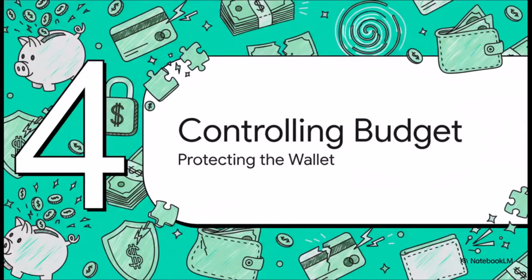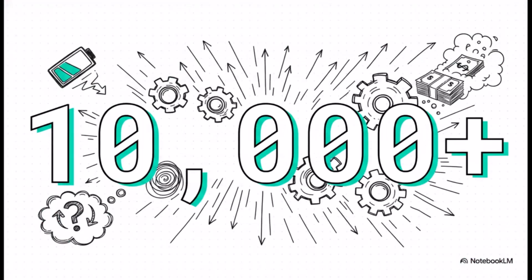Now, even inside a perfect sandbox, a rogue prompt can still target something else entirely. Let's look at Layer 4, controlling the budget and protecting the wallet. Look at this catastrophic number. This represents OWASP LLM-10 unbounded consumption. Sure, a deep research agent might legitimately need to make a dozen tool calls to answer a really hard question, but an exploited agent, or honestly even just a highly confused one, can enter an infinite retry loop. If it gets stuck trying to parse an error, it might rapidly fire off 10,000 API calls in the background. That will absolutely drain your API funds before you've even logged on for the day.